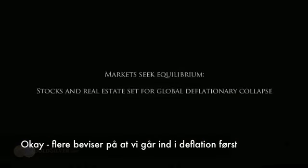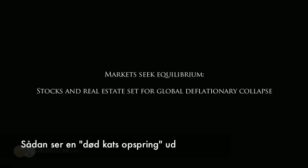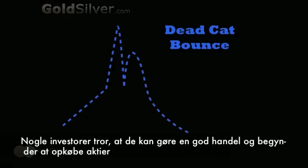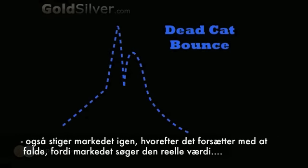So, more proof that we are going into a deflation first. This is what a dead cat bounce looks like. This is the stock market. So stock rises, it peaks, takes a little dip. A bunch of investors come in thinking that they're scooping up deals, and they start buying, and it rises again,